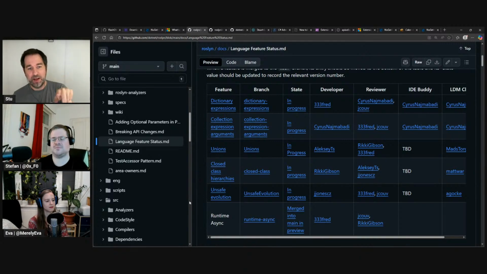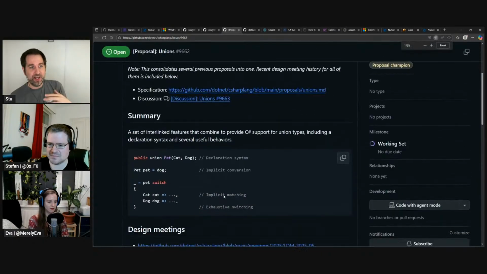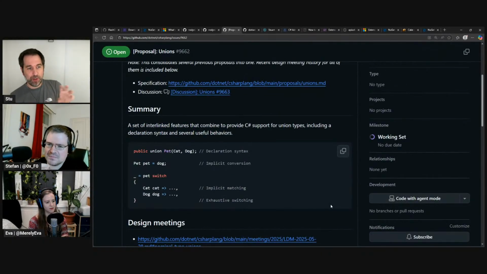Yeah, I think there's not enough time to talk about all of these ones, but I've been talking for a while about unions, and unions are very exciting, and something that exists in other languages. The initial proposal had lots of different types of unions they wanted to support. One of the things they wanted to do was support the idea of what you have in TypeScript, where you can have an inline type that's like, this is a string or an int, one of these two things. And this union of types doesn't have a name. It's just an inline type